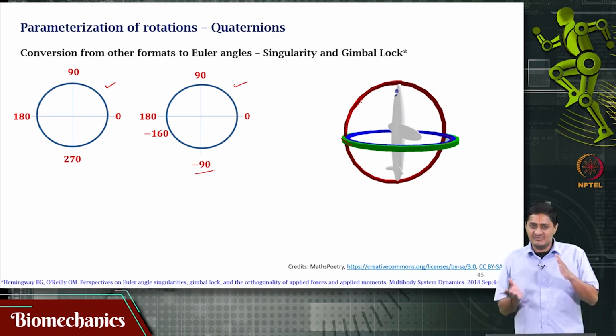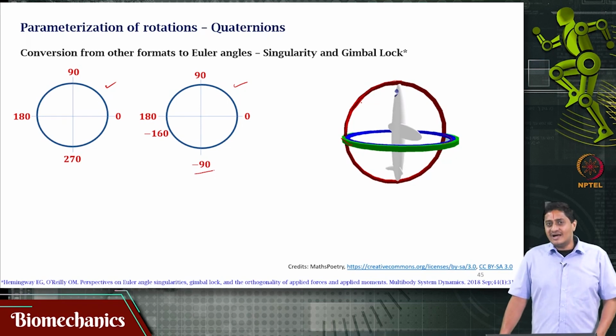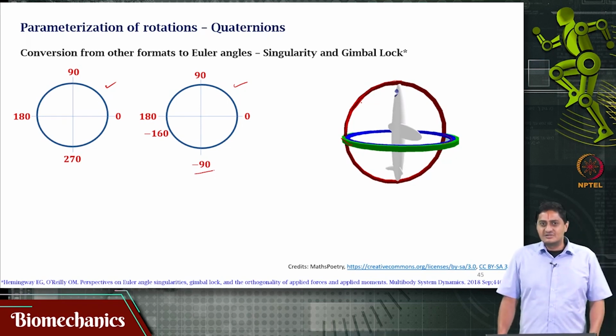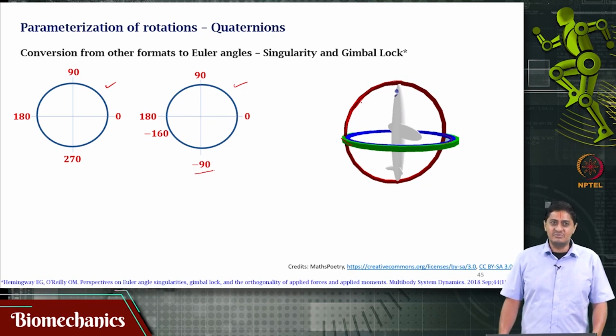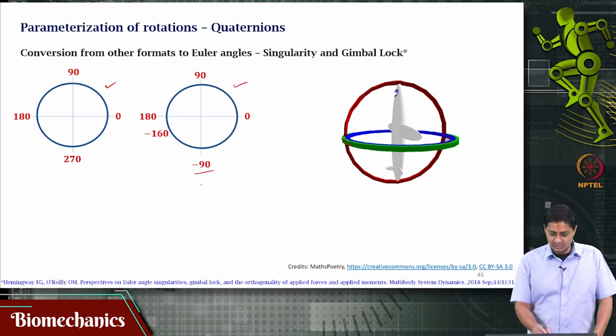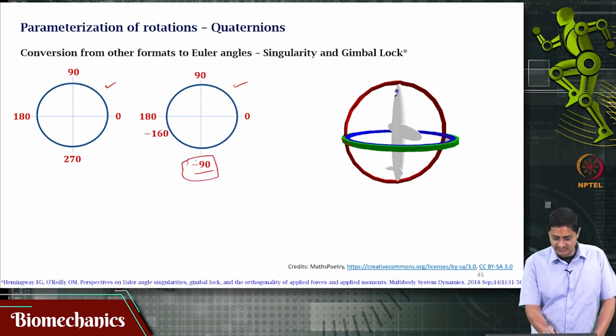The range must be within that level, and the other two axes should not change more than 180 degrees, because if it changes more than 180 degrees, the 181st degree will be measured as minus 179 degree due to this situation, due to this